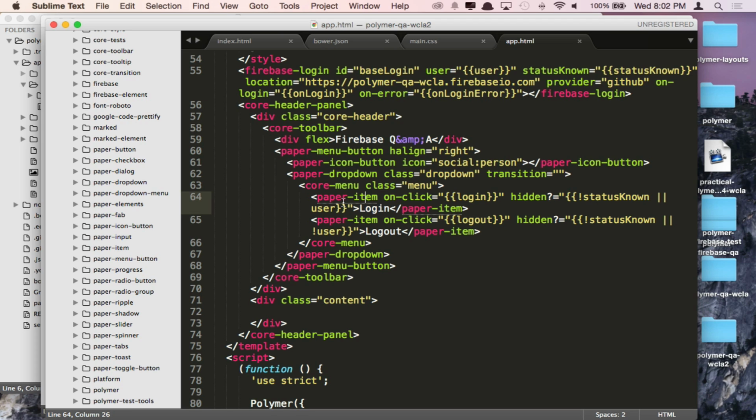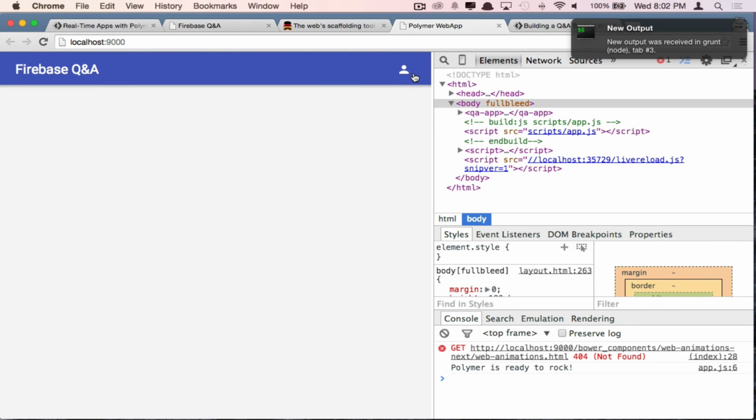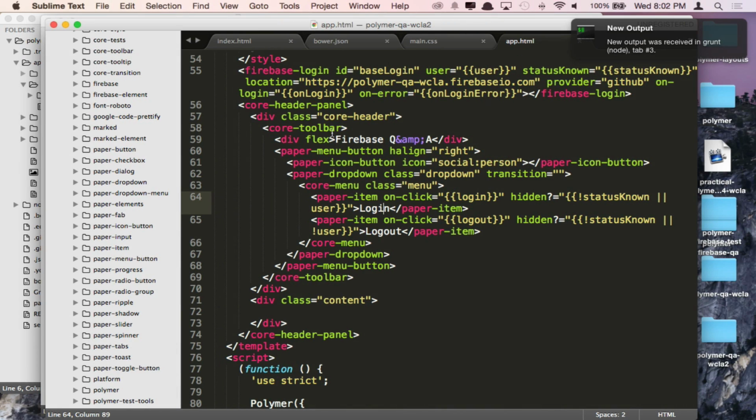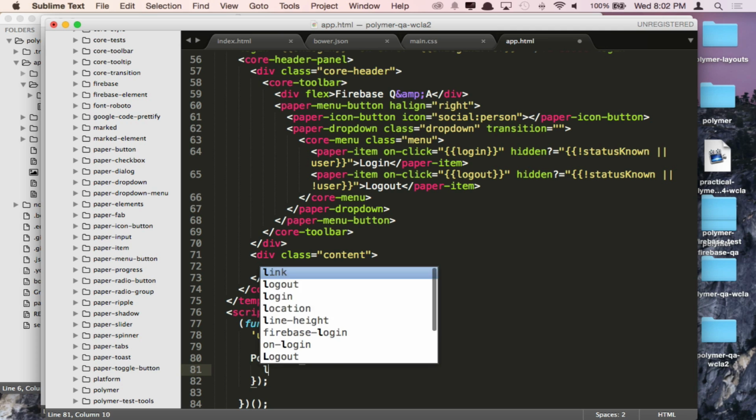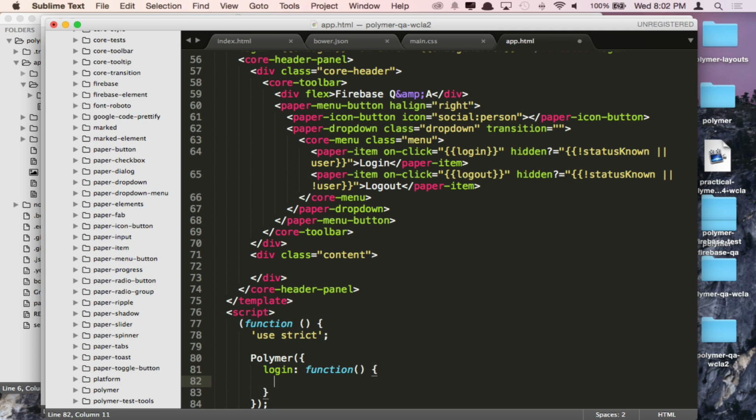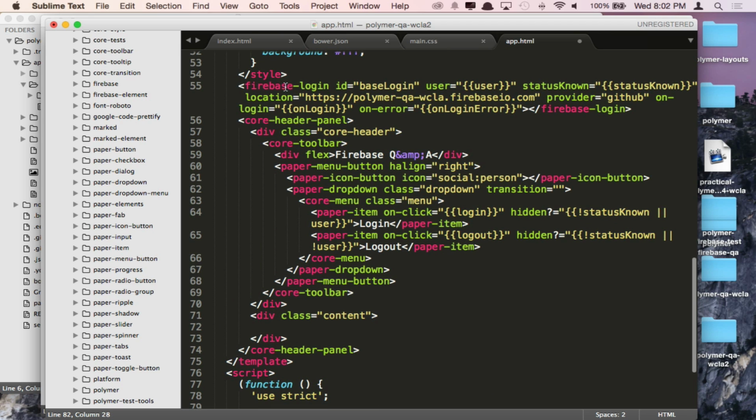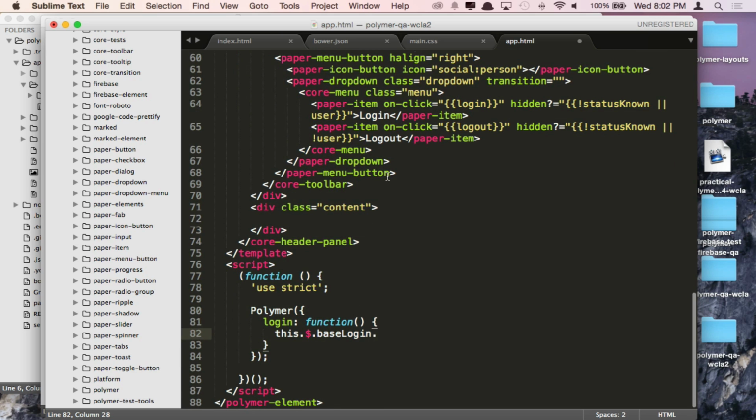And when I copy and paste this code, I already have some on-click handlers for these links. I have a login and log out, and now that I have the login element set up, I should be able to see the login link. So I have a login link set up. I need to write the functions for each of these items. So I'm going to write inside here my login function, and all I'm going to do is call the login method. So this cache line based login is just targeting this element right here, and then I just call login, and then for log out,